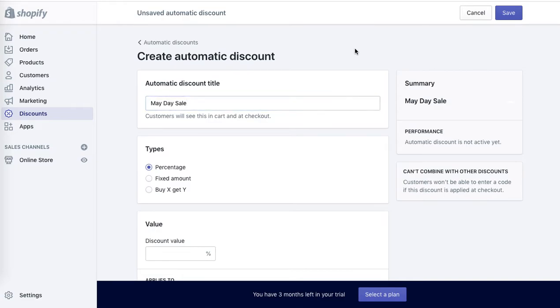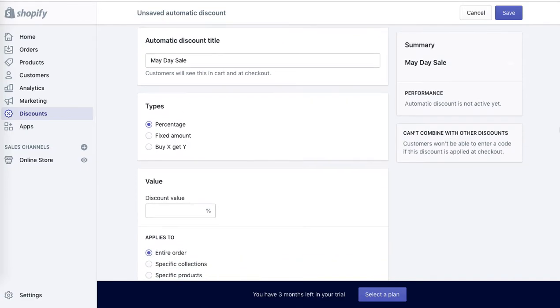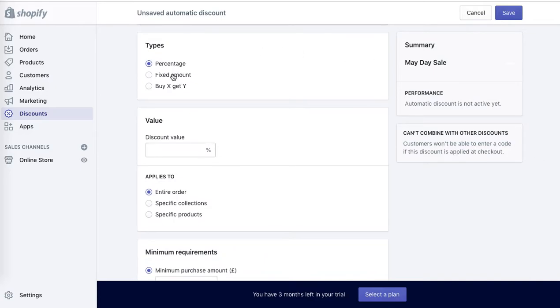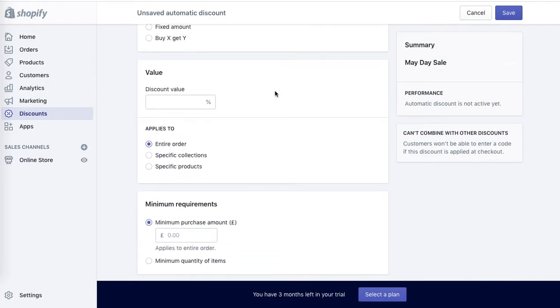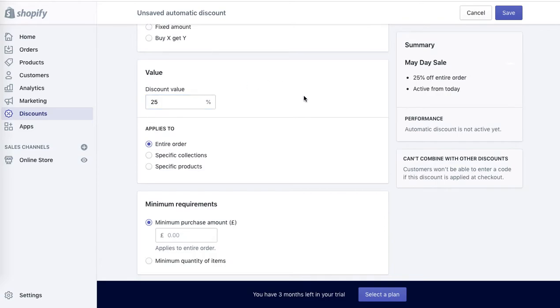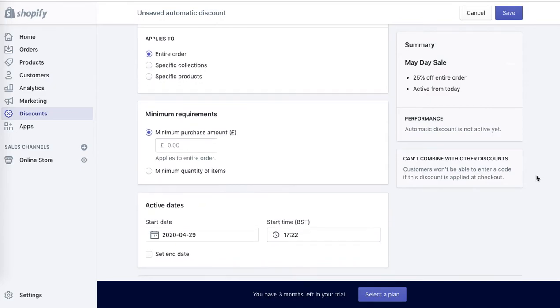Let's say we want to create a discount called May Day sale, and then you can specify whether it will be percentage, fixed amount, or buy two get one free, or other specific number. The same as with the manual discount. What kind of value? Let's say 25%. Let's be generous with this one, and then specify exactly the same as with the previous discount, whether entire order,